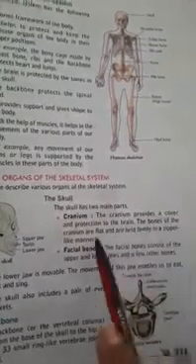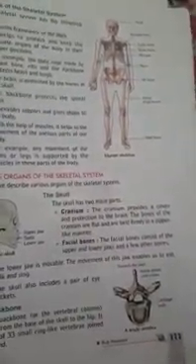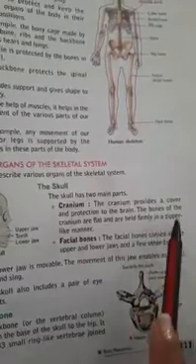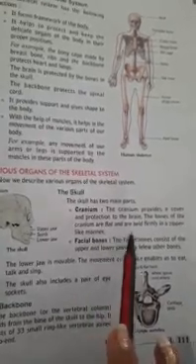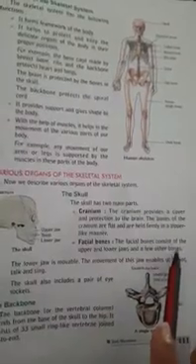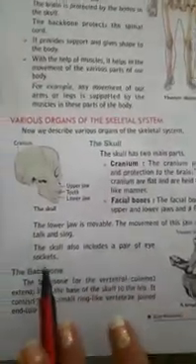The bones of the cranium are flat, very flat. The upper layer of the bone is flat and held firmly in a zipper-like manner. Next, the second one is the facial bones. The facial bones consist of the upper and lower jaw and a few other bones. The lower jaw is movable. The skull also includes a pair of eye sockets.